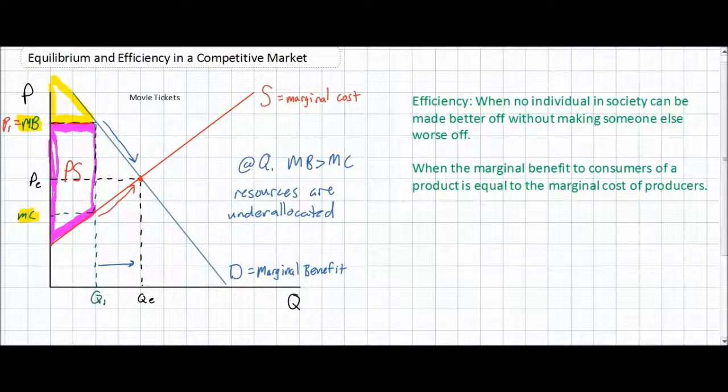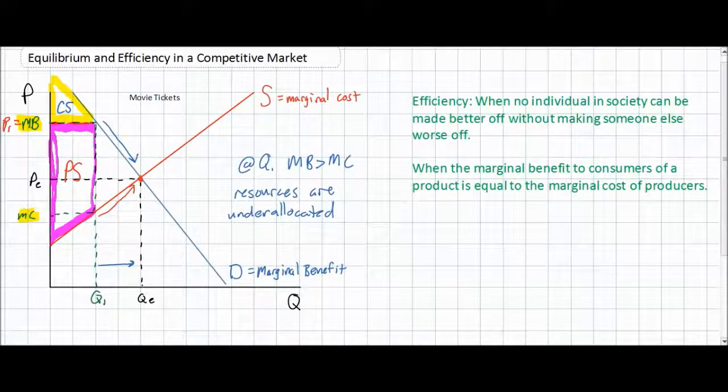However, this increase in producer surplus comes at the expense of consumer surplus. The triangle representing consumer surplus is clearly lower at P1 and Q1 than it would be at PE and QE. Therefore, this has to be considered an inefficient allocation of resources when producing Q1, mostly because the increase in producer surplus comes at the expense of consumers who enjoy a smaller area of consumer surplus.